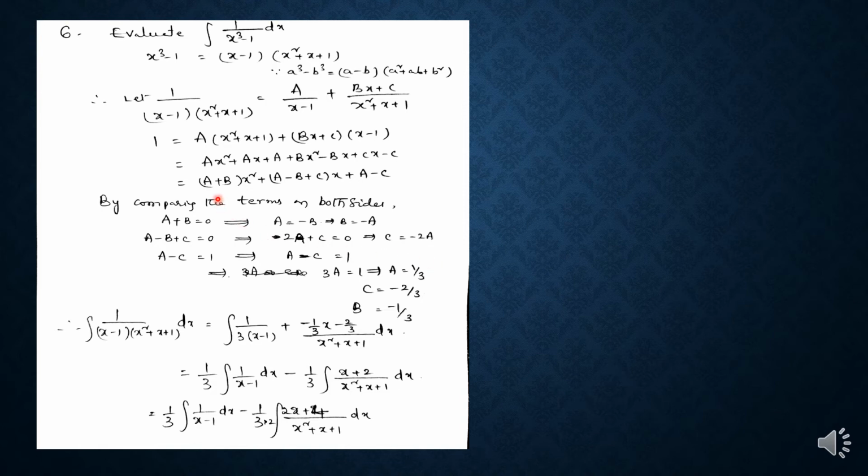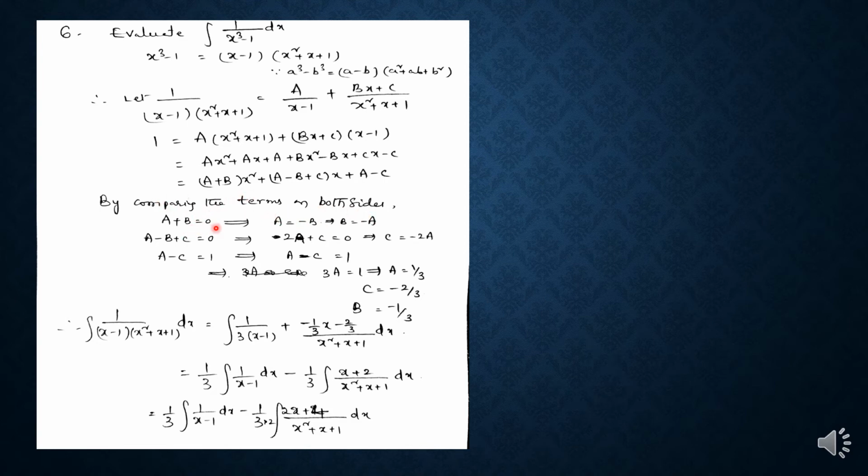So this can be written as (a + b) x² + (a − b + c) x + (a − c). So here the x² coefficient is a + b, the x coefficient is a − b + c, and the constant is a − c. By comparing the coefficients of the terms x², x and the constant on both sides, we will get